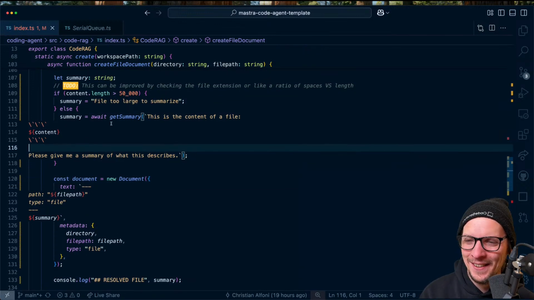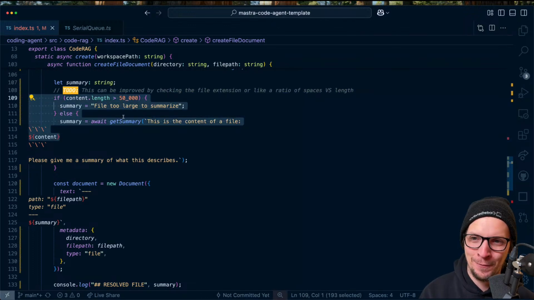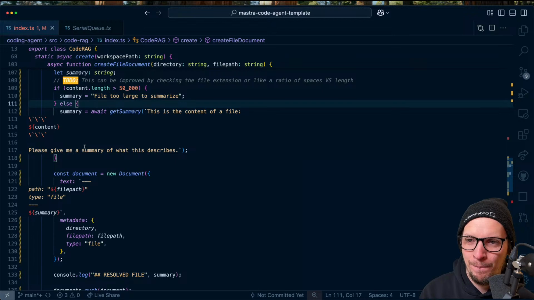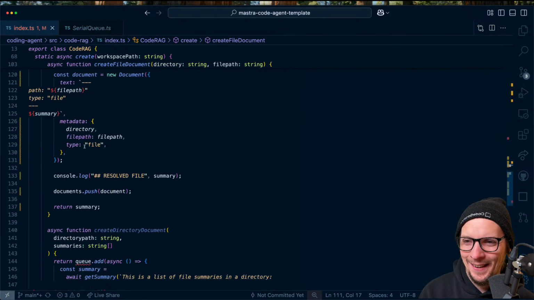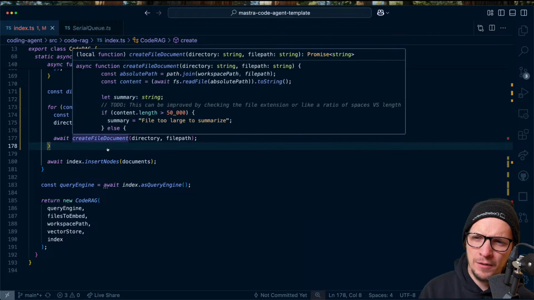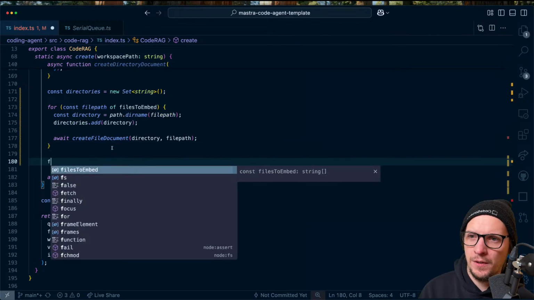Let's see. Okay, so yeah, but it's very interesting. How do you, based on the contents of the file, determine if there's a valuable concept in there or not? But that doesn't matter now. We're doing something relatively simple. Okay, so we're creating the file documents, and then when we're done creating the file documents, we're gonna go through